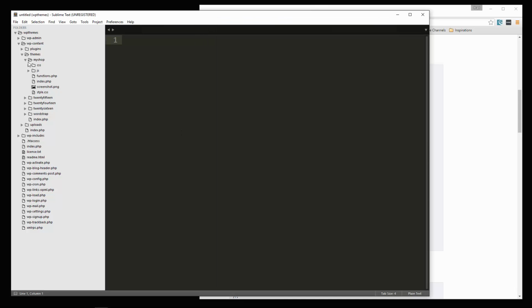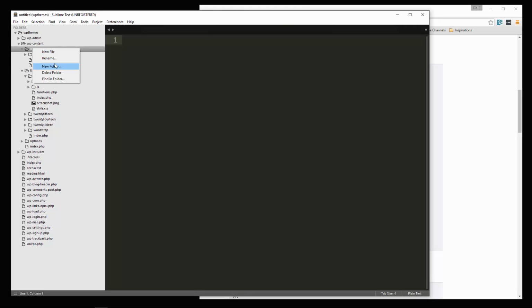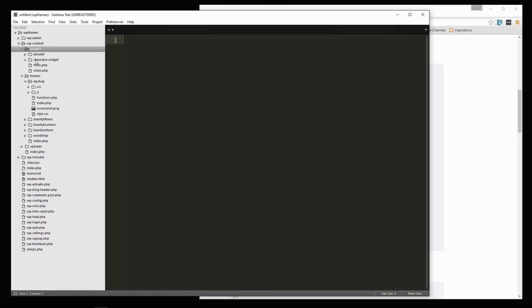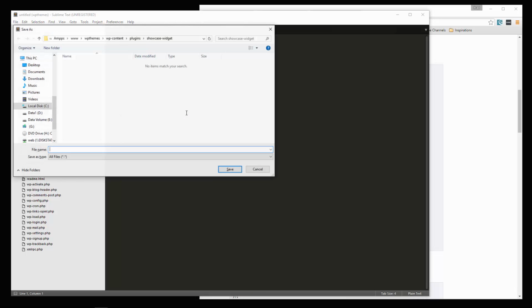Now what we're going to do is go into the wp-content folder and then plugins, and create a new folder there. Let's call it showcase-widget, because although it is a plugin, it's also a widget. Let's go ahead and create a new file here, and this is going to be called the same thing, showcase-widget